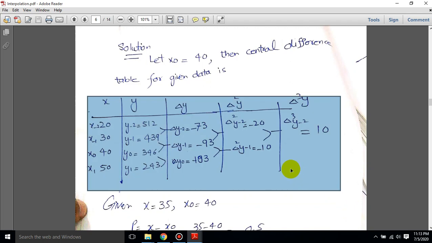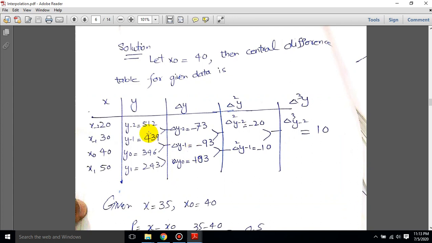Now according to this technique, and according to the table that I told you, how we're going to derive these values, we have written down the values here. We have different values of x, and we write it down like here, that x will be equal to 20, 30, 40 and 50. And we have the y values here as well. We have arranged them there as well, and then we're going to find del y.